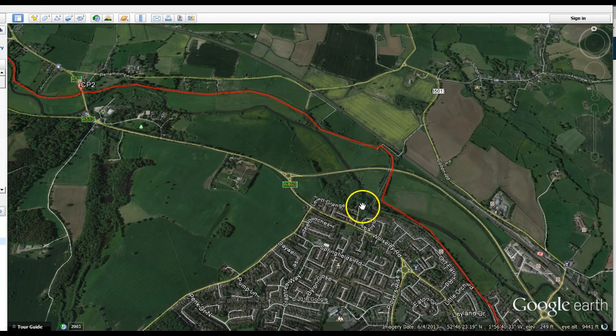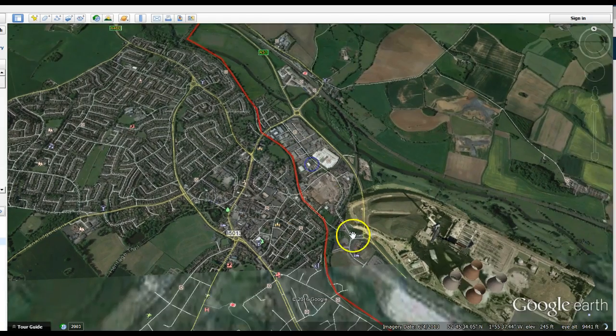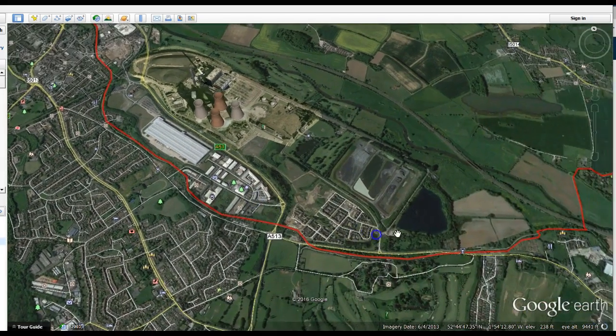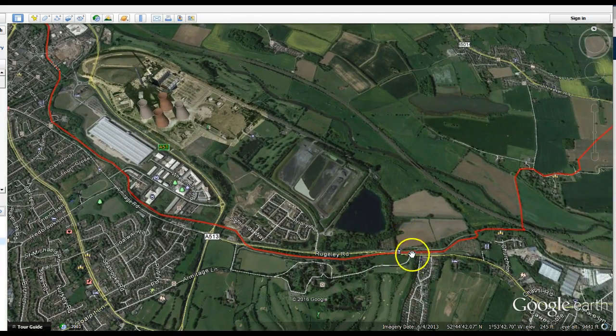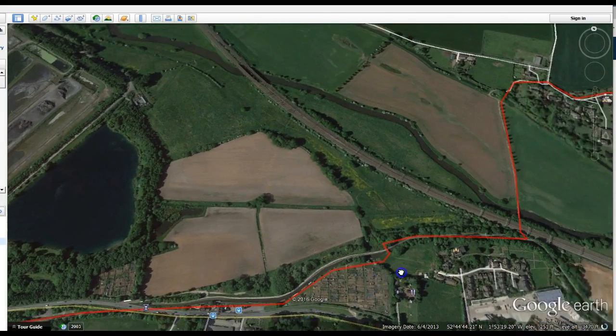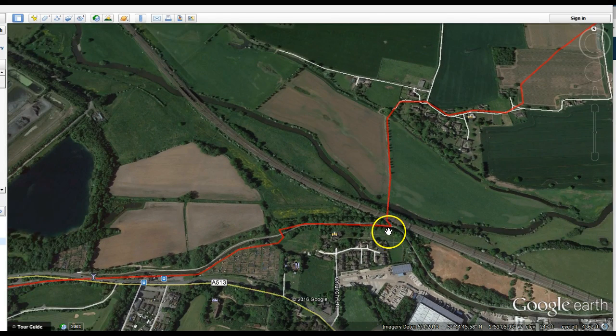You just need to make sure you have crossed over, you're on the right side of the canal, and you'll then continue to stay on this route, and you'll run right the way through Rugeley until you get to this point here, which is, let me zoom in a little bit more and see if we can see it. Yeah, okay, so just here, it's not very easy to see on there, but basically after you've gone past Bridge 66, all of this is described in your route description, you are going to leave the canal for the next 9 miles, and you're then going to have